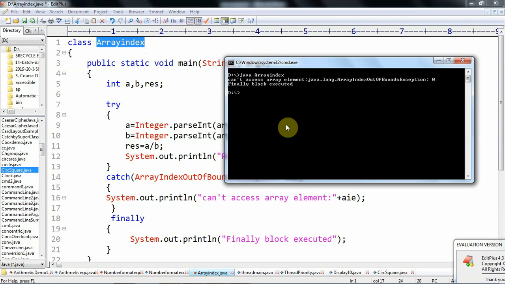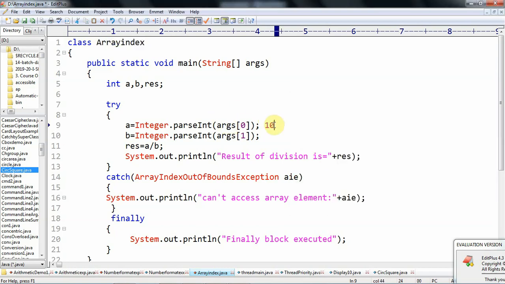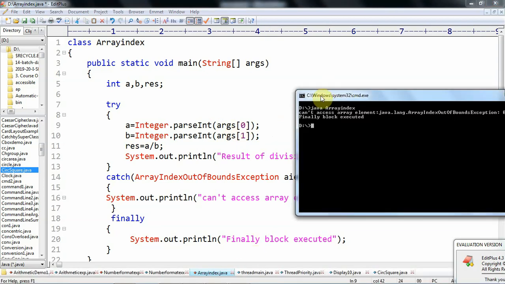So Java array index, that raises ArrayIndexOutOfBoundsException. Here we do not provide any arguments, that means no value for args 0 and no value for args 1, but we try to access args 0 and args 1, so that raises the exception called ArrayIndexOutOfBoundsException.